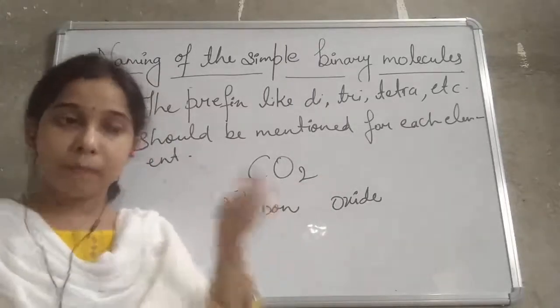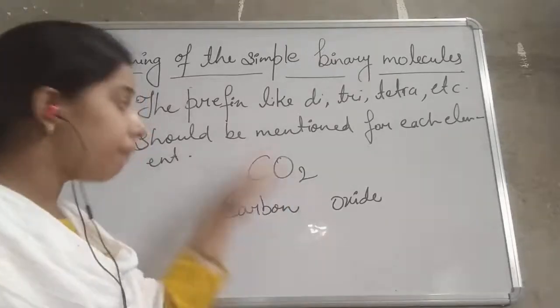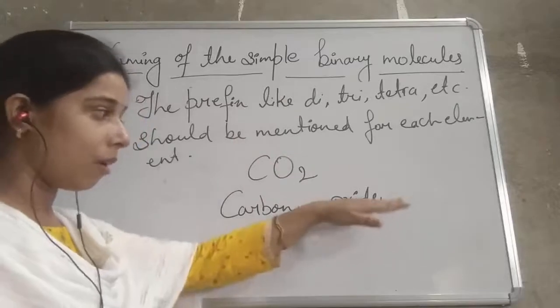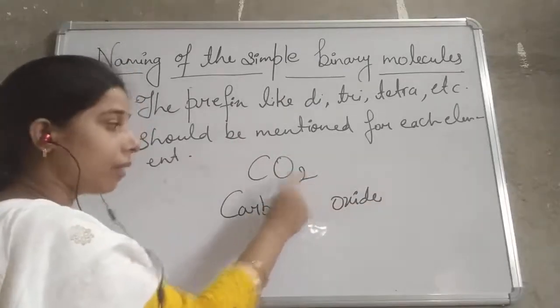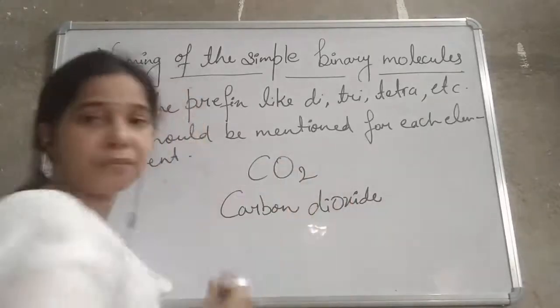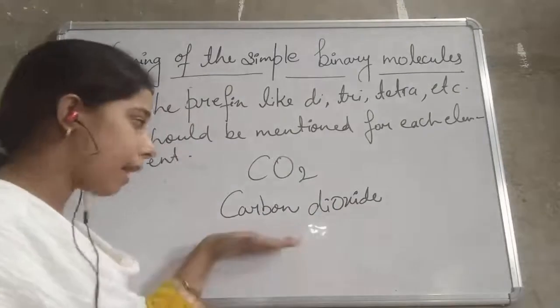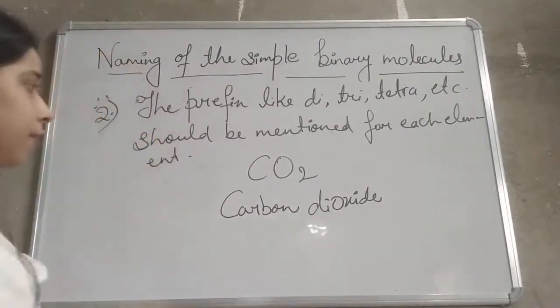Prefix means पहले. जिस चीज को पहले रखते हैं, that is prefix. Okay. So before oxygen, before writing the oxide, we will mention the prefix here, and that is 2. And for 2, we will write here di. So the formula is carbon dioxide. You can understand it by another formula, like